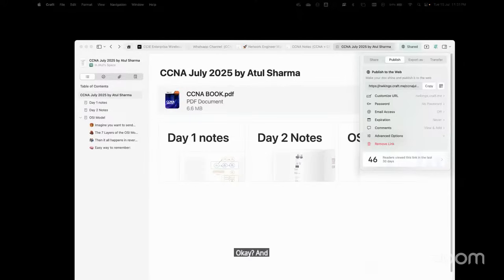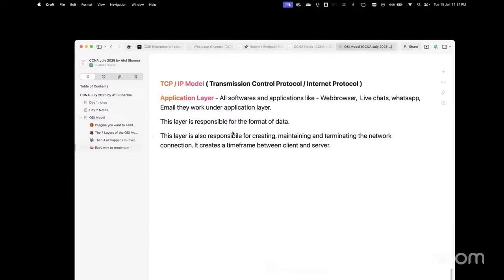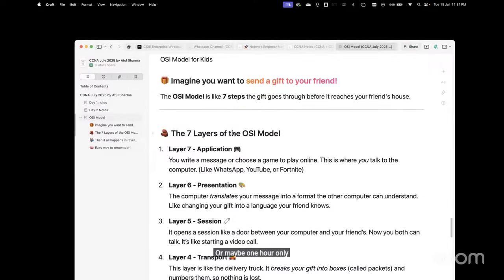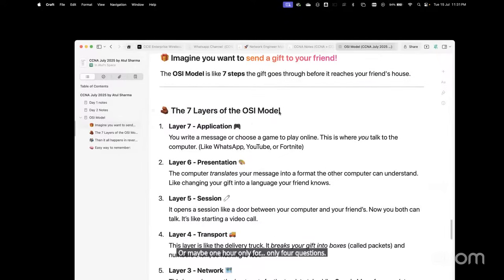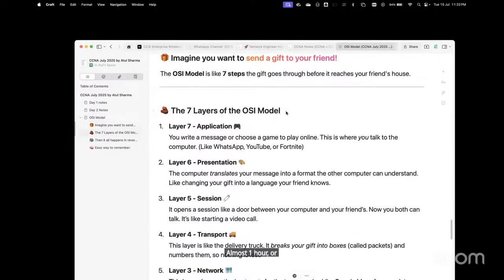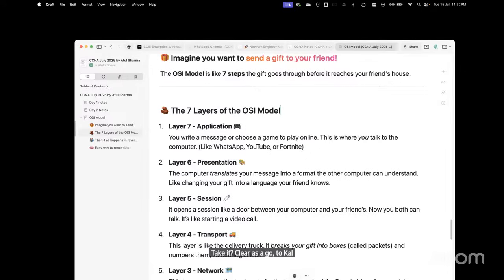And whenever you have, I would recommend you, I know some of you are thinking I'm not able to ask questions today. Don't worry, tomorrow I'll keep half an hour or maybe 1 hour only for questions. So tomorrow we will learn for almost 1 hour or 90 minutes, and tomorrow 1 hour dedicated only for questions. ठीक है, क्लियर है सबको? तो कल पूरा 1 घंटा हम डाउट्स क्लियर करेंगे।